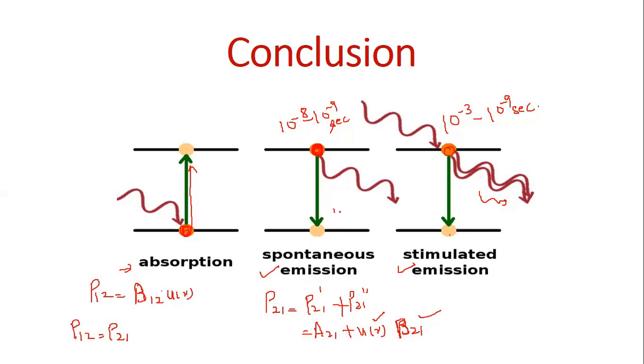Keep in mind, in case of a laser, there are 5% chances of spontaneous emission and 95% chances of stimulated emission. So that's why lasers are known as ideal source of coherent light. Okay, they are not 100% coherent in nature because there are chances that we have spontaneous emission as well. So this is all about laser fundamentals. Thank you, everyone.